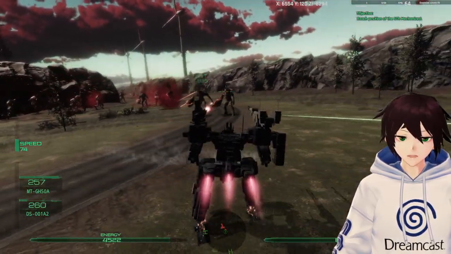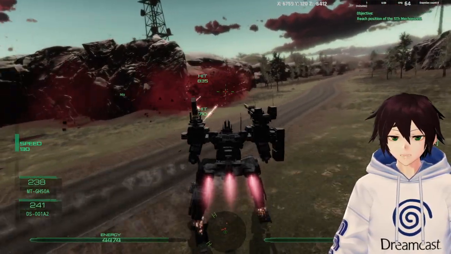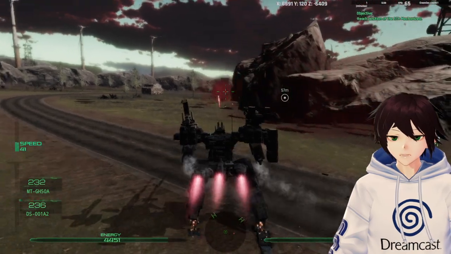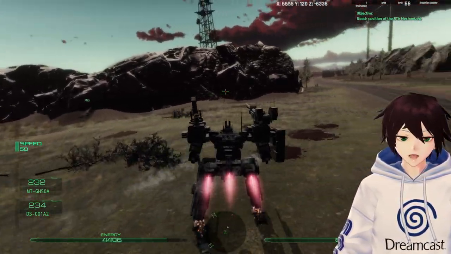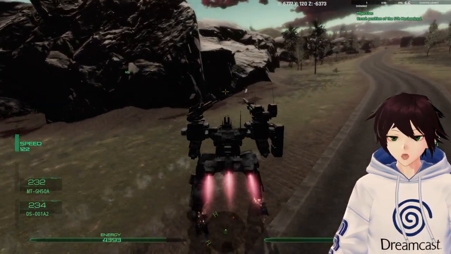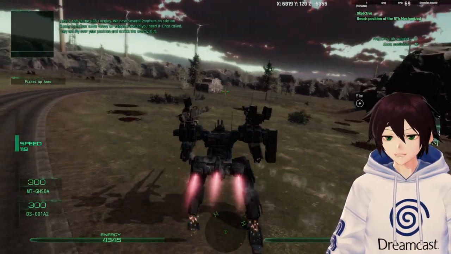So what I've got here is a mix of the coaxial gun, the DS rifle, which is a very powerful but slightly slow rifle, and then what we've got on the left shoulder here is the auto turret, which as of this build, because it's early...